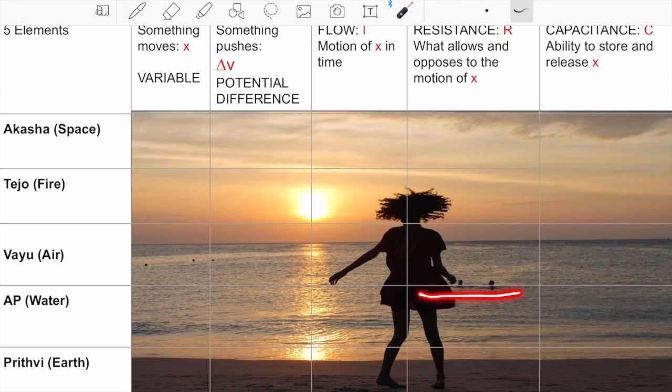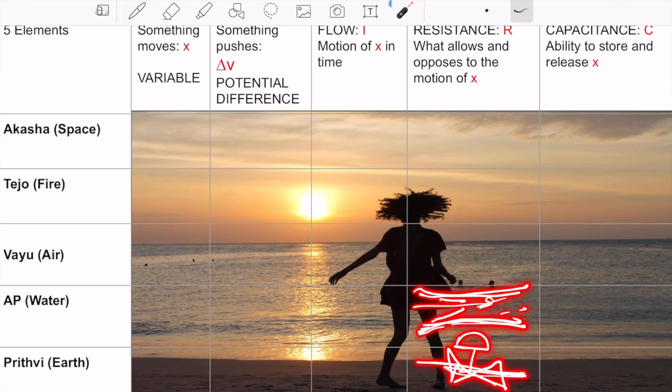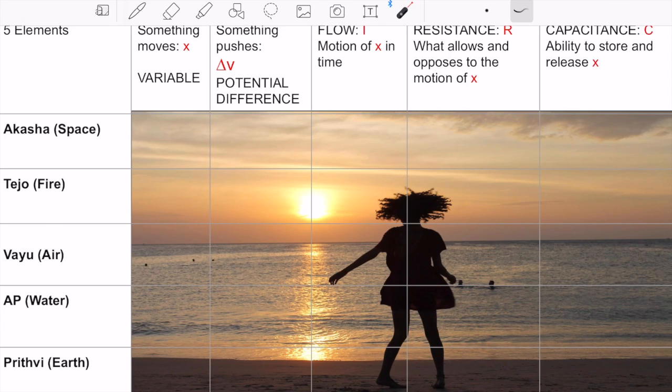Good. What about resistance to motion of air, of water? Inside the bodies, we can think of veins and arteries that are carrying the blood, right, in one direction. So a pipe, any artery, a tap, a valve, all these are examples of resistance in fluid dynamics. Resistance in the form of pipes, valves. In air, well, nostrils. The nostrils are the resistors, right? Naturally, the air goes through a certain path to enter the lungs.